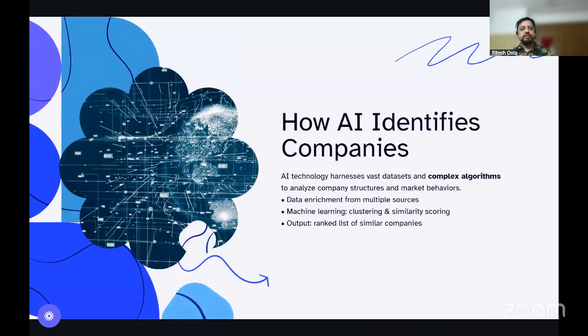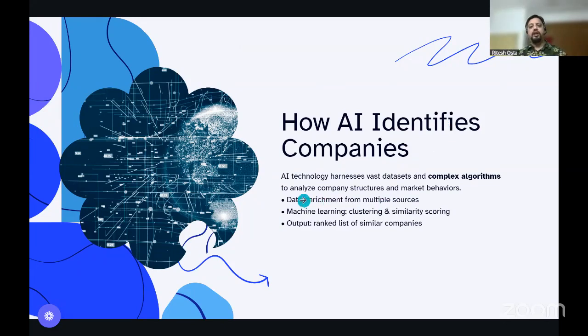Now let's talk about how the AI identifies these similar companies. Typically it is a little complex algorithm, but I'm going to simplify it as much as possible. I already showed you things like tech stack and similar companies and industry-based companies, and behavioral data like job posts and visits to trade shows. But of course, if you do it manually, you have to collate everything and work on it. You have to put in the effort to put all the data together and analyze it. AI does it for you and makes things much faster and cheaper.